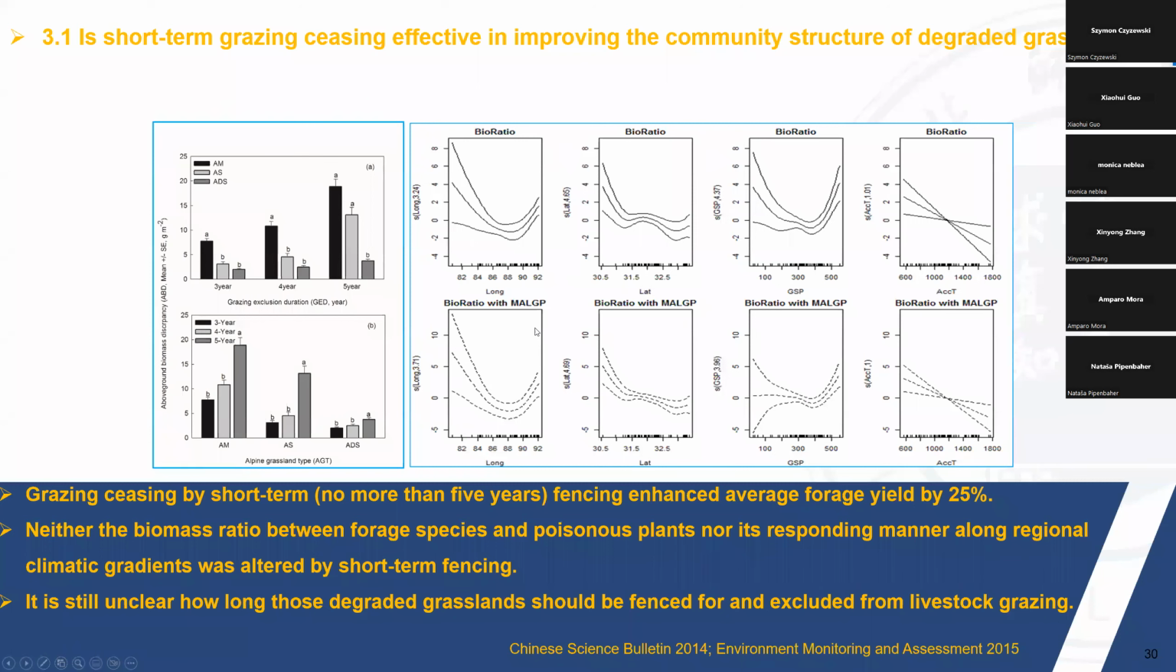And in the figure on the right, we show the biomass ratio between forage plants and poisonous plants in their response to precipitation and temperature. We didn't find any change in the manner they responded to climate gradients. So this means it's still unclear how long we should fence the grassland for their